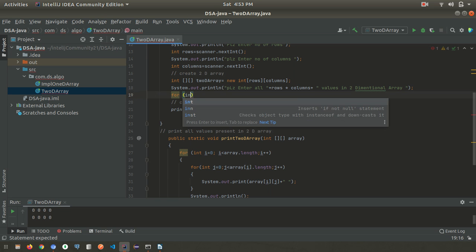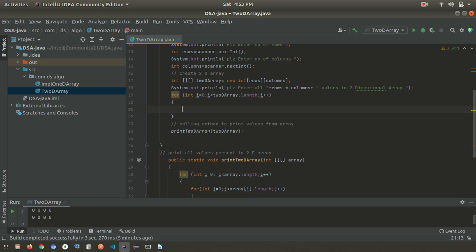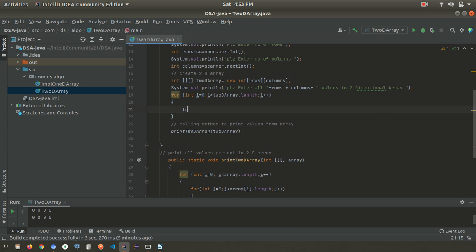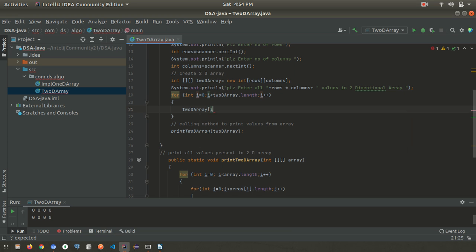So it will start from integer i equal to 0, i is less than two-dimensional array dot length, and increment for the next values, and we can store by calling this 2D array of i.